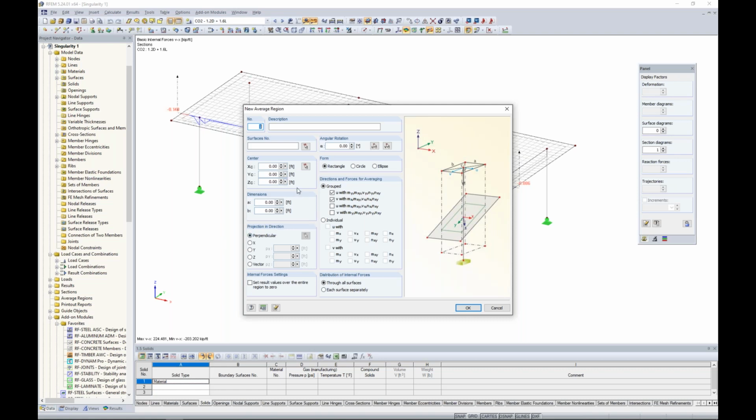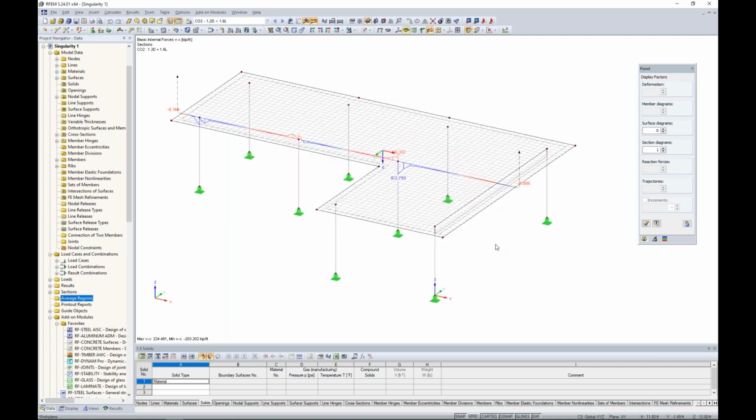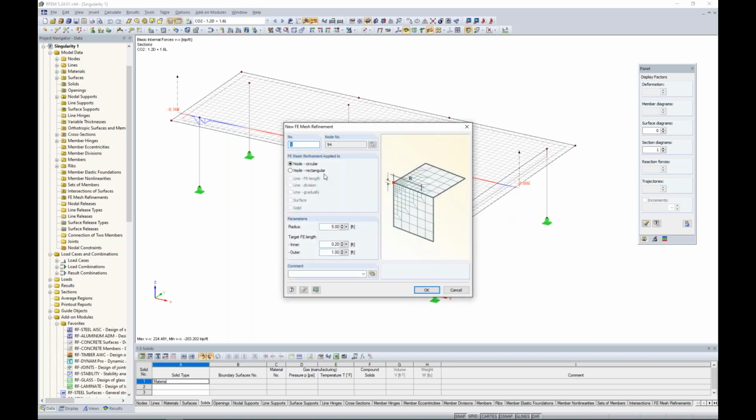And actually, one other thing I forgot before I do this. I also wanted to preface that before you place in those average regions, let's think about the FE mesh. What I'd also like to do here is refine the FE mesh around these singularity locations. I think it's best to isolate these high peak forces into an even smaller area, and we do so with an FE mesh refinement. So we can right click on that node, add in that new FE mesh refinement here by creating a new